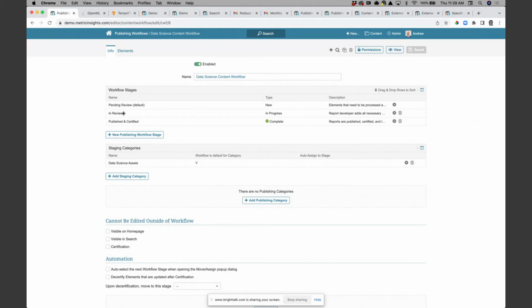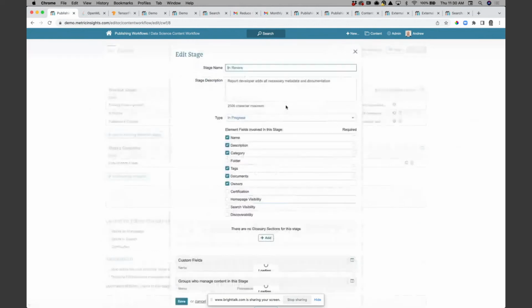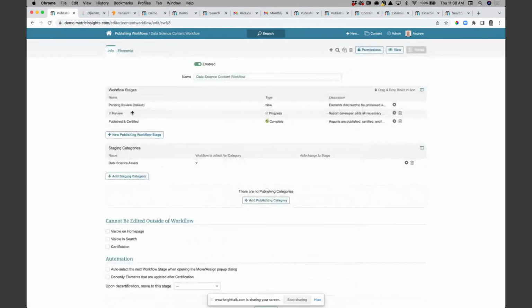In this case, it's a very simple workflow where we synchronize the content into it. We review the content that we want to publish. We add the necessary metadata and tagging, or we expect that to be added as part of the process. We assign the stage to someone, the analyst who's creating that model, and we push it into a published and certified state when we're happy with it.